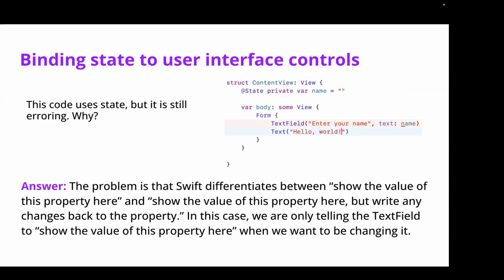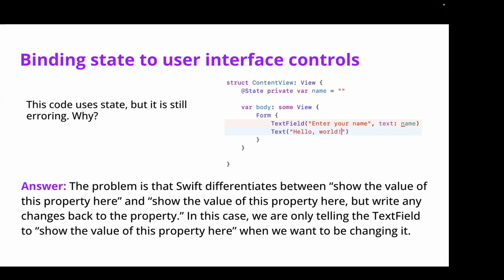Another thing is binding state. If you look on the right over here, you can see that we have a private variable name, which is also a part of state, which seems correct. Then in the form, we're trying to get the user to enter their name and save that text into the name variable. But this is erroring. The reason is that Swift differentiates between showing the value of this property here,